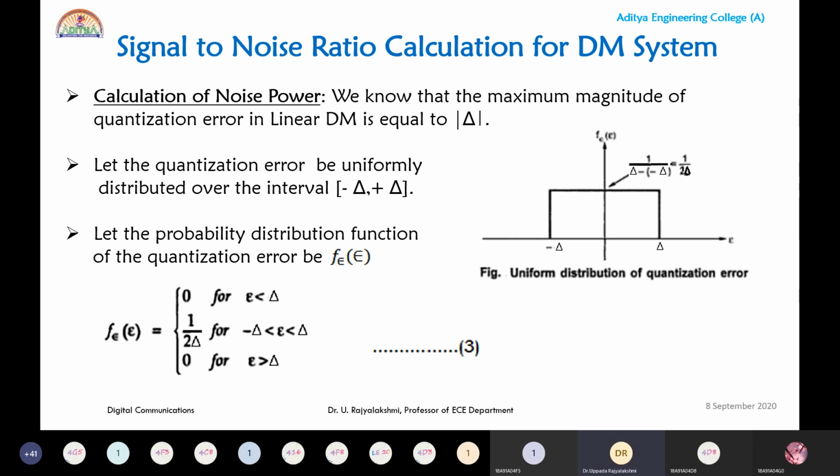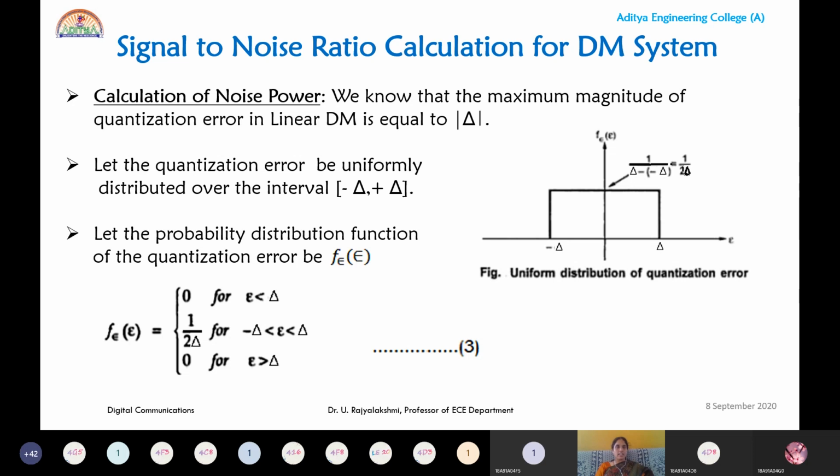Let the quantization error be uniformly distributed over the interval minus delta to plus delta. Then the probability distribution function, let us represent it with the same expression as in the case of PCM, f suffix E of e, has magnitude 1 by B minus A, which is 1 by 2 delta,